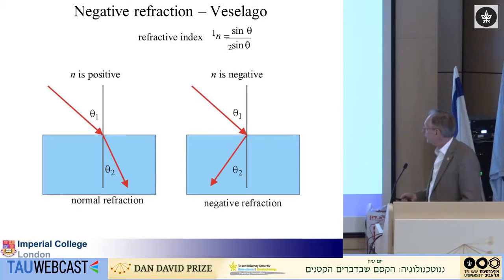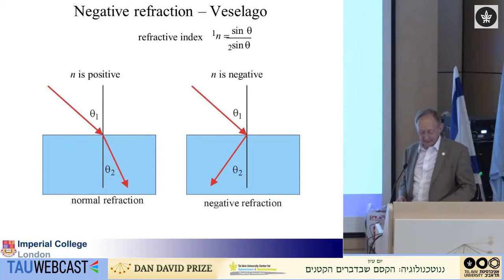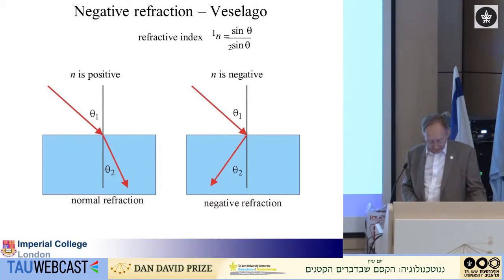So here's refraction a la Snell's Law, and here is a different sort of refraction which Veselago said should be possible. And if you define this as a positive angle, then clearly this is a negative angle, and according to Snell's law, this should imply that this medium here is a negative refractive index. And it was through the use of metamaterials that this was realized long after Veselago's paper. But I want to give you another take on that,